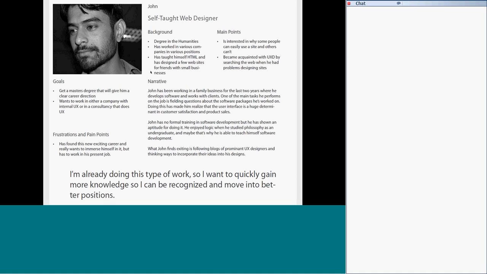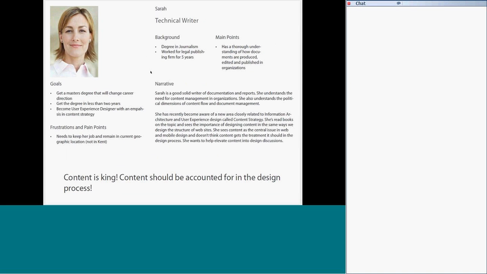But I've seen enough people with a liberal arts education, no particular background for this, who fell into it along the way, worked at it for a number of years, and want to improve the skills involved. And then the final one is a technical writer. You get people who came out of